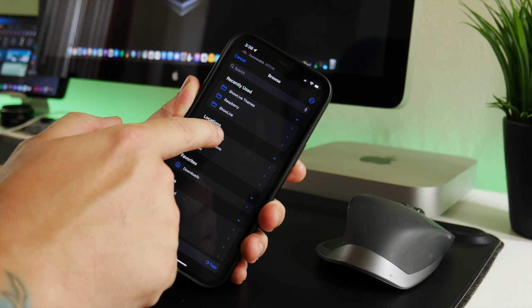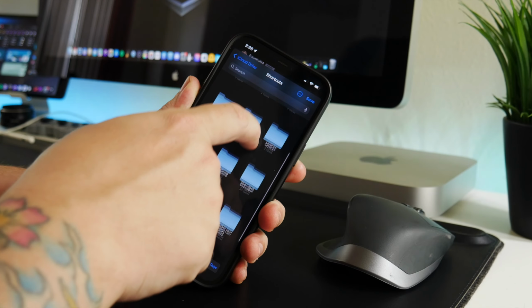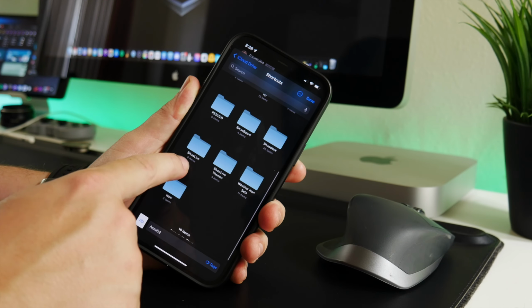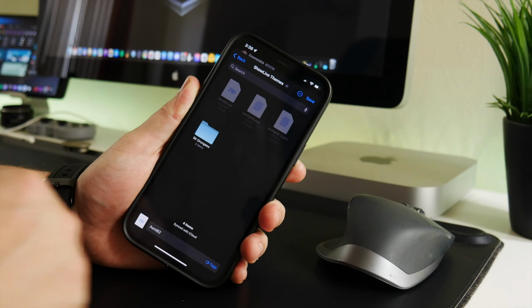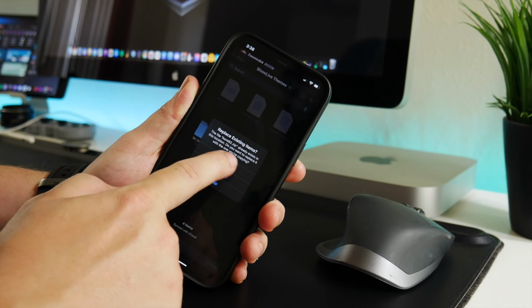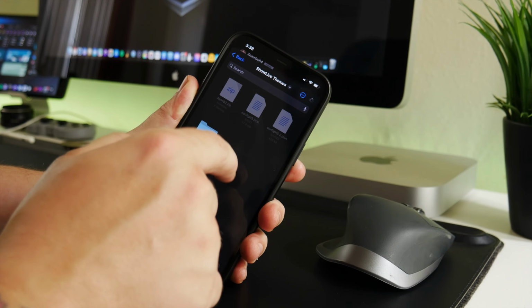So from iCloud Drive, what you want to do is go down to Shortcuts, and then after you have run Show Live at least once, you should have the file system set up. So here's Show Live Themes, and I'm just going to save it there. So we're going to click on Save, and I will just replace it for tutorial purposes. Okay, so now that we have that theme,